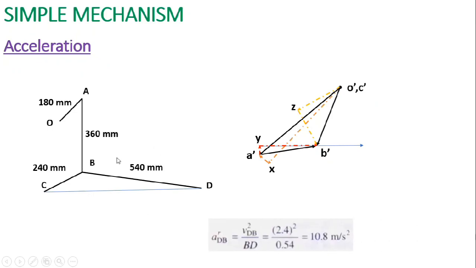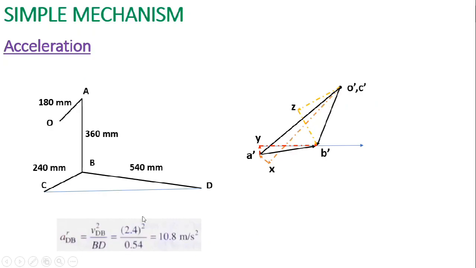So here the magnitude of the radial acceleration of BD can be calculated with this equation, and it comes to 10.8 meters per second square and parallel to BD. So from point B dash, we draw this green line which you can see here, this small green vector which represents this 10.8 meters per second square, the radial acceleration component of BD. Now the tangential acceleration component will be perpendicular to this vector from point S, so we draw its direction.